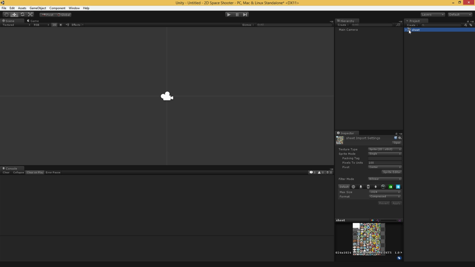Now, this is not a single sprite. Technically, we could bring in an image that would just be one spaceship by itself in one image file, and that would be fine, in which case that would be a single sprite. But that's not what we have here. What we have are multiple sprites in one image. And by going to multiple here, actually, I was about to lie to you. By going to multiple here, I was going to say the Sprite Editor button shows up. The Sprite Editor button would be there anyway, but what we need to do is go to the Sprite Editor